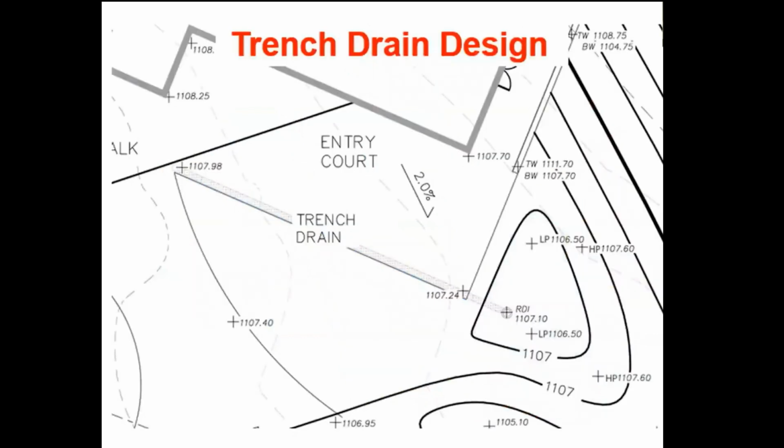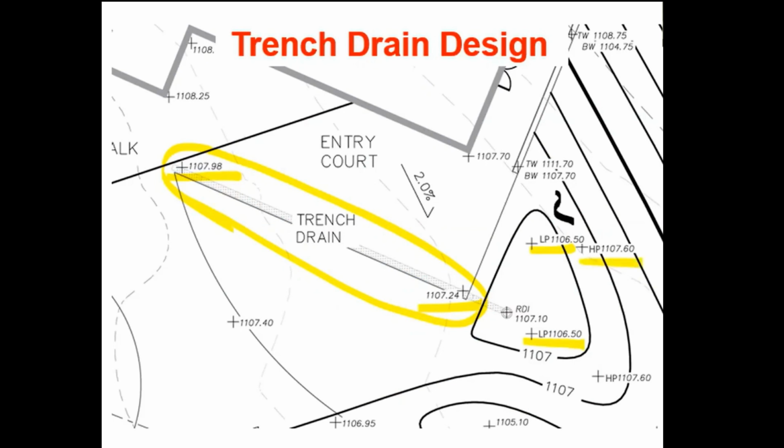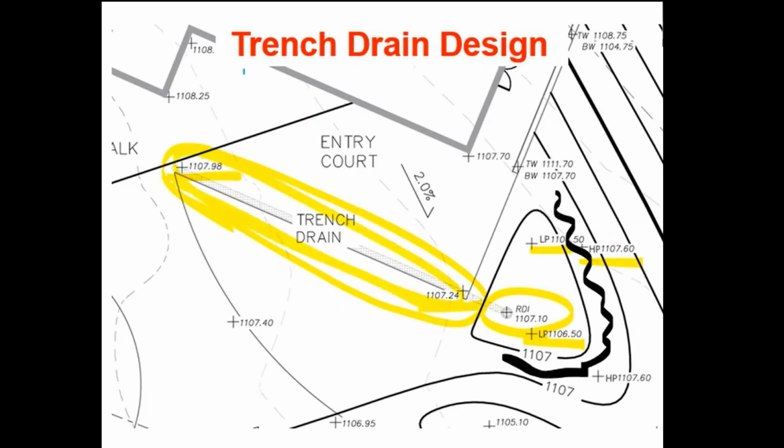So here are the spots you need. You've got the trench drain. You'll need to have elevations on the surface for that trench drain. You do not need to have the elevations for the pipe. You'll need to have the elevation for the low points, as we've done before. You need to have the elevation for the high points that then create the berm that goes around. And you'll need to have the elevation for the raised drop inlet. So these are the same pieces that you've seen in previous designs. The only difference is that we've added in this trench drain that then diverts water down into a smaller retention